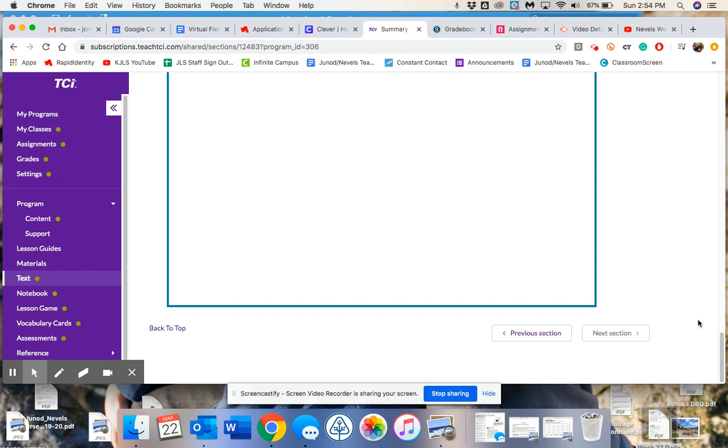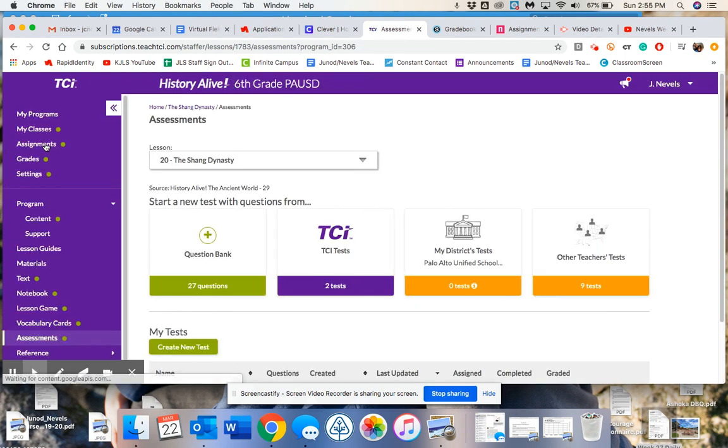Now, your processing, or I should say your assessment for this lesson, comes in the form of an actual assessment, which is multiple choice. I'm going to click down here, but you would actually click up here in the purple area where it says assignments. So this is actually my view. So if you go to assignments in here,